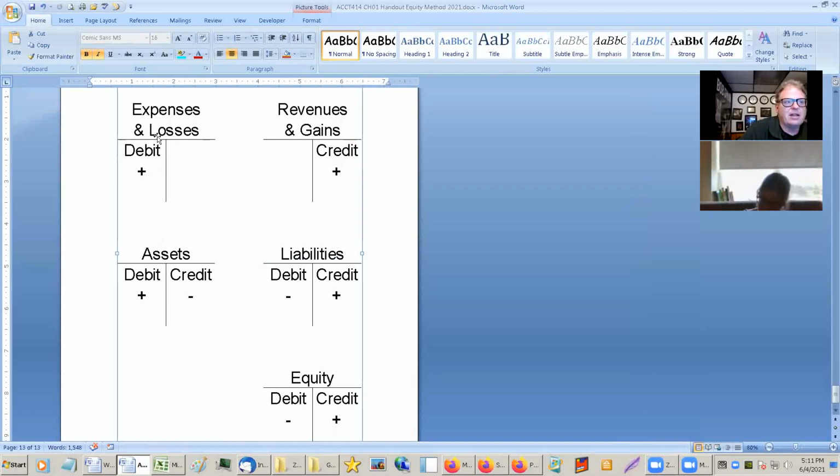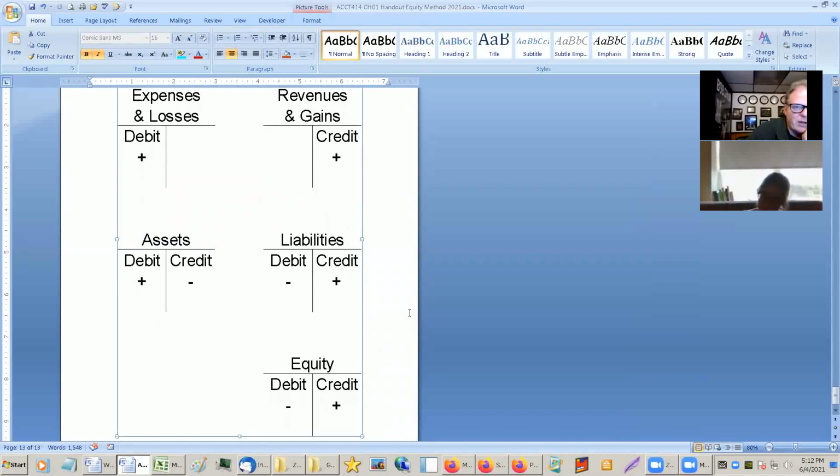If you think about it, that's what you spend money on: expenses, phone bill, and all that. Or you buy equipment, buy inventory, whatever. So these are what you pay out. And this other side is money that comes in. And they go up with credits. So money goes out with the debit on this side, expenses and assets. Money comes in on the revenues, liabilities, and equity